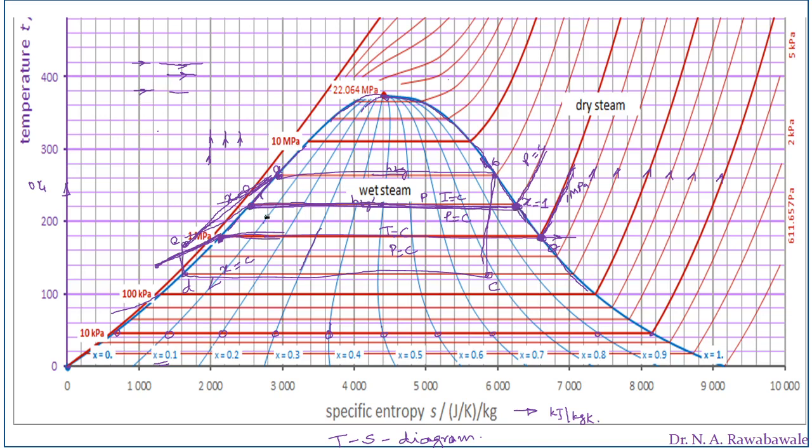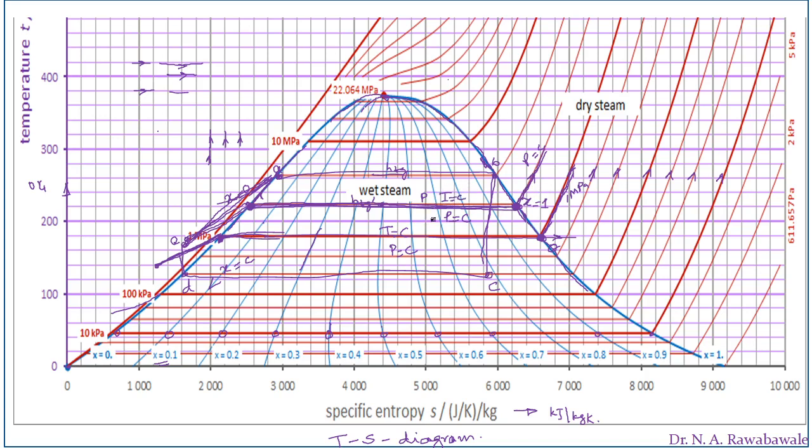So these pressure lines are also horizontal between the saturated liquid curve and the dry saturated steam curve. But before this saturated liquid curve, the pressure curve is ascending up to this constant temperature, and then again it becomes horizontal. Beyond the dry saturated steam curve, again this pressure curve starts to rise in the upward direction. So this is about the TS diagram, what are the things which it contains.